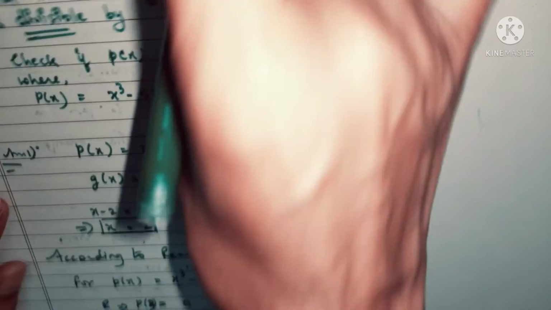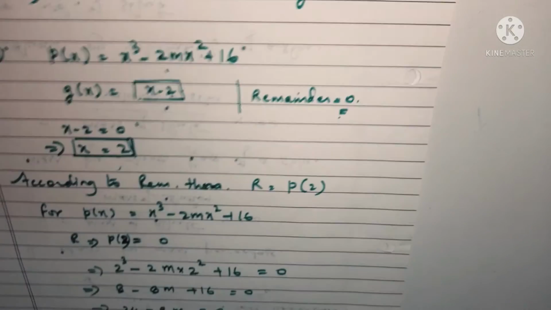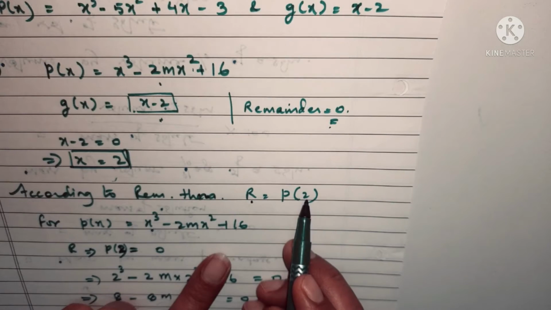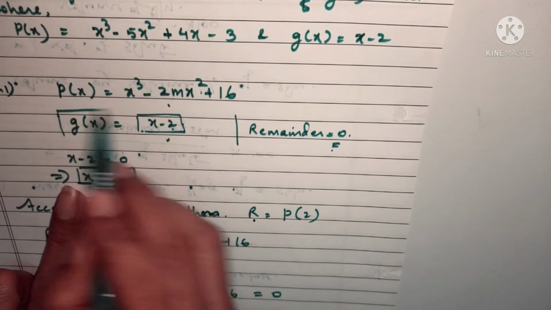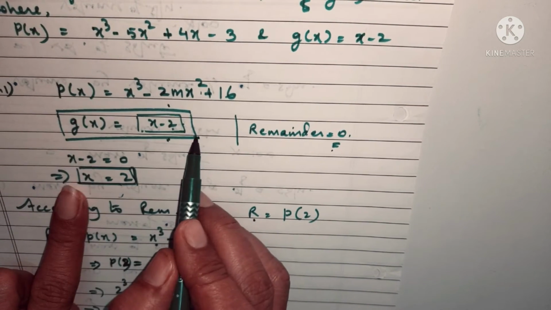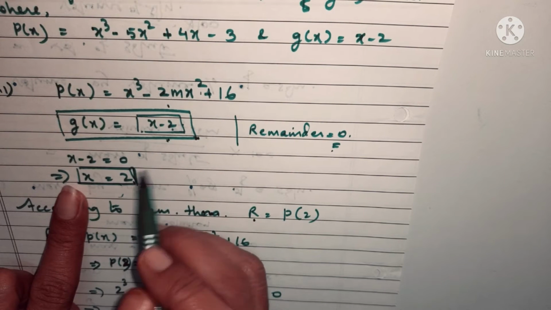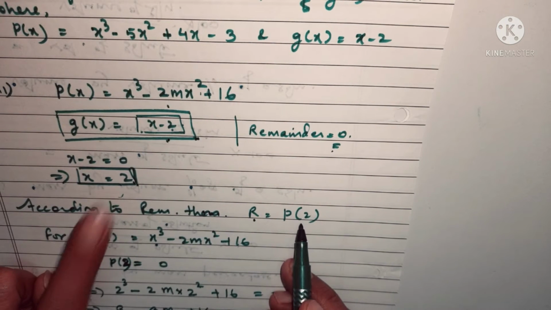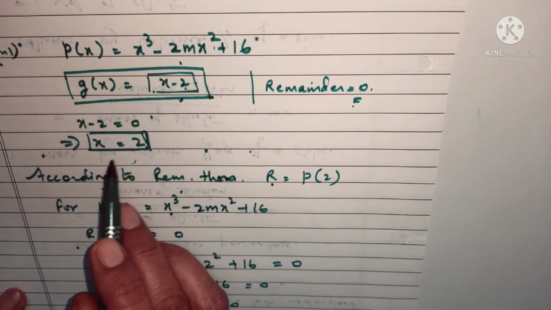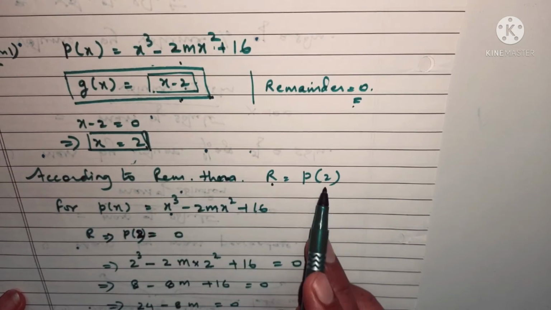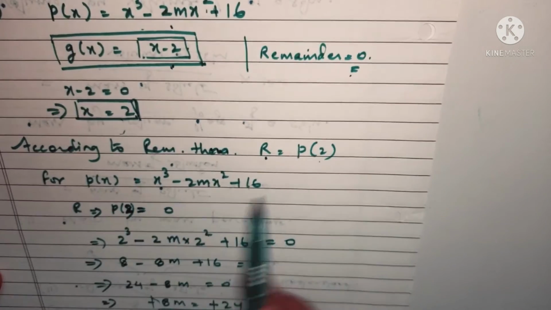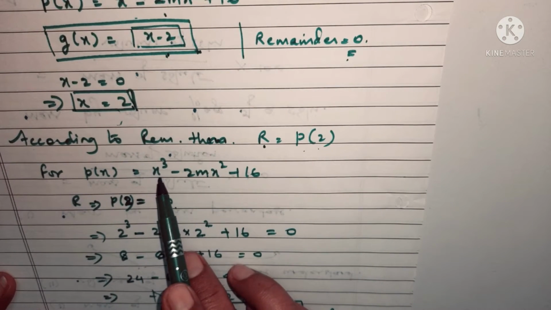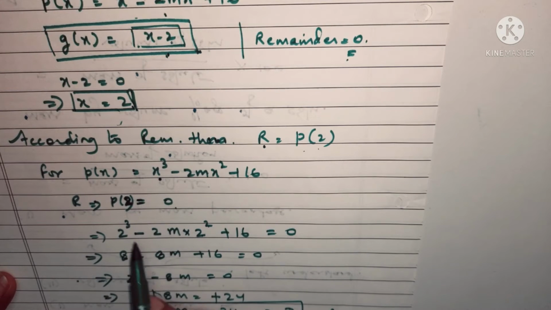What we have done, to we know that by remainder theorem, according to remainder theorem, remainder will be given by what, p2. How p2 is there, because we have from this linear expression, जो linear expression दिया रहता है, जो divisor दिया रहता है, हम उसको equal to 0 करते हैं ताकि हमें रूट मिल सके इस एक्सप्रेशन का, और वो रूट हम इसमें डालते हैं क्योंकि हमारा रिमाइंडर थ्योरम स्टेट करता है। So we put that value into this expression so that we get the remainder finally. Here, since we know that the final remainder is 0, so we have put the value of x as 2 and we have obtained this expression.